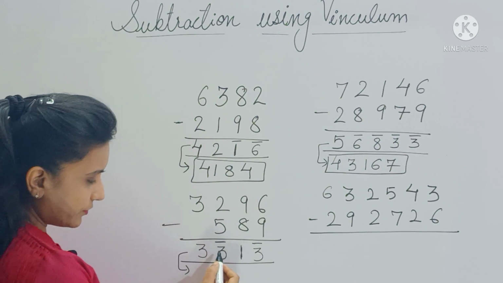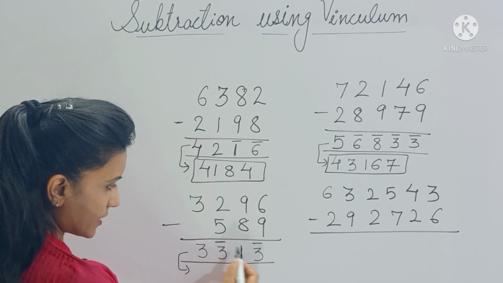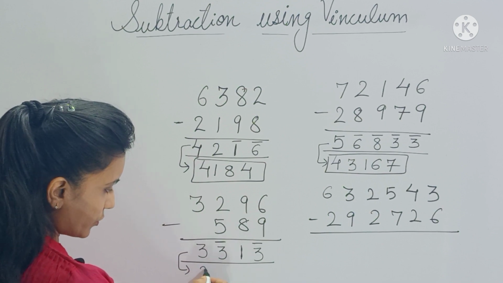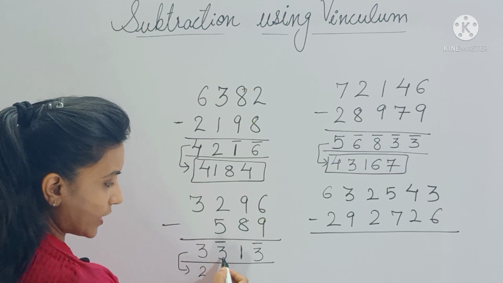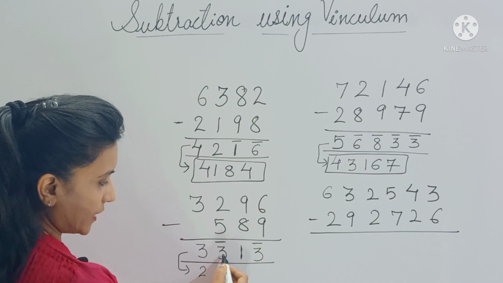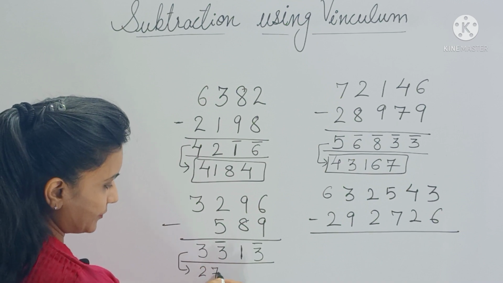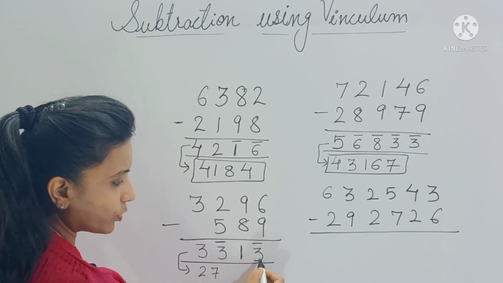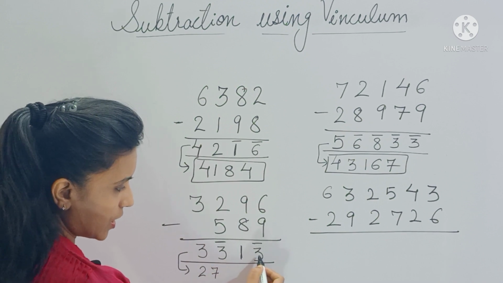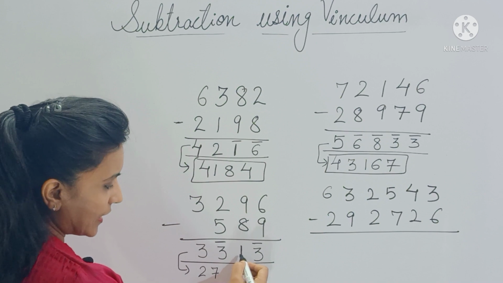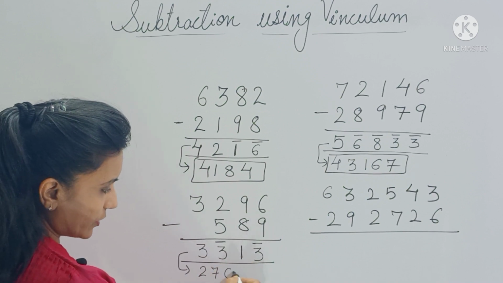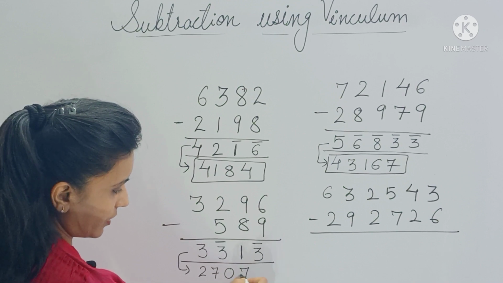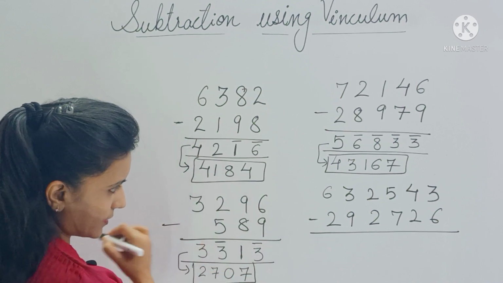Now you have to devinculate this number. So here you can see that we have to devinculate only this and this, these two digits, right? So the previous we decrease by 1, so you get 2 here. And this you have to subtract from 10. So you get 7 here. This you will not write as it is here because you are going to devinculate this, right? So the previous digit we decrease by 1. So you get 0 here. And this is how far from 10? It's 7 far. So this is your final answer.